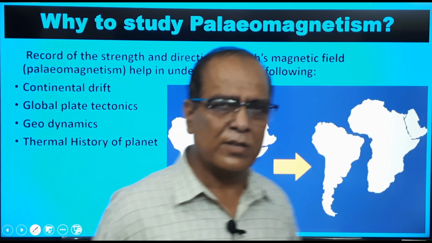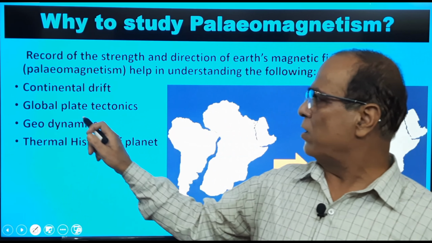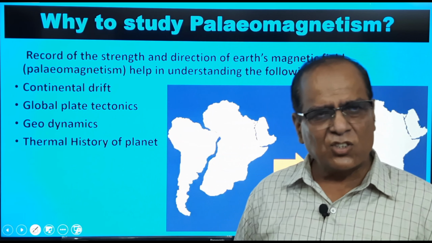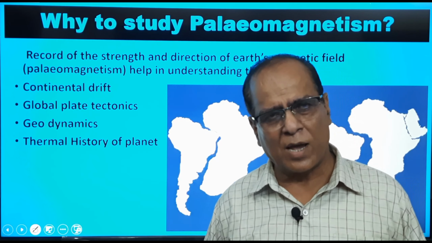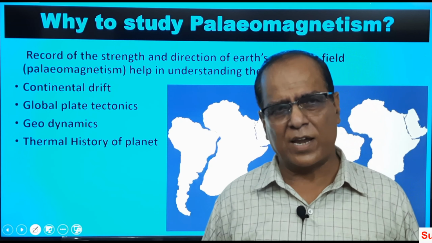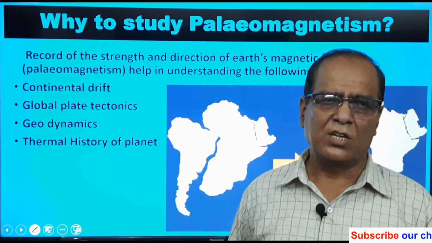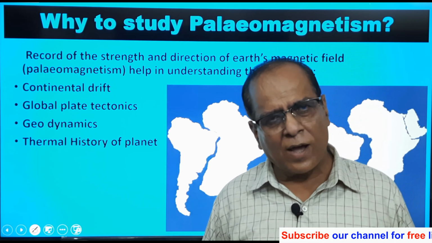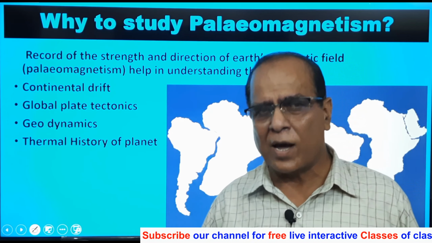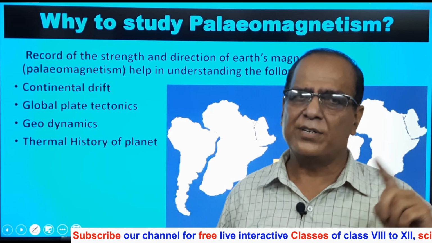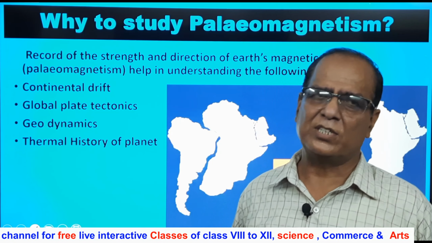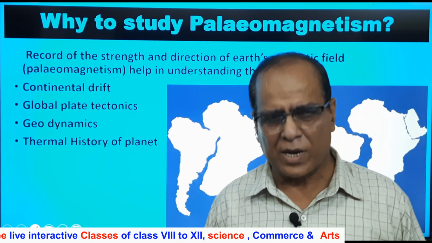Thereafter we find certain other things like global plate tectonics. Plate tectonics keep on happening. I mean, the vast changes in the earth's crust keep on happening in the form of folding of mountains or faults or volcanic eruptions and formation of certain features. So if we want clear-cut information as to where it is likely to happen, or where in the past it occurred, what all had happened, what way the movement of the plates was, all these things we can understand with the help of paleomagnetism.